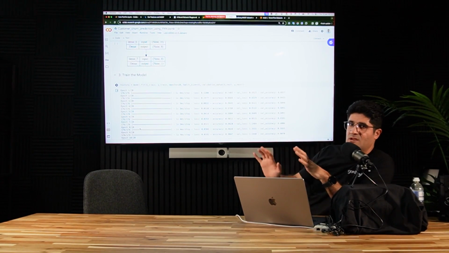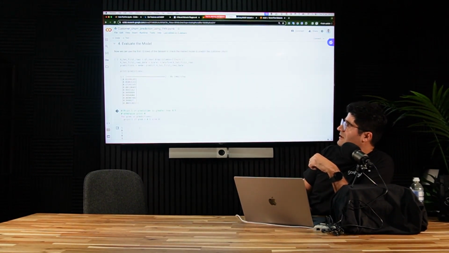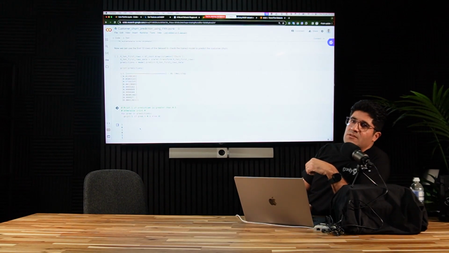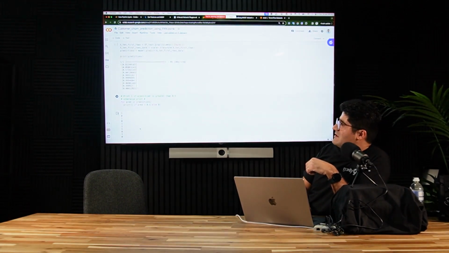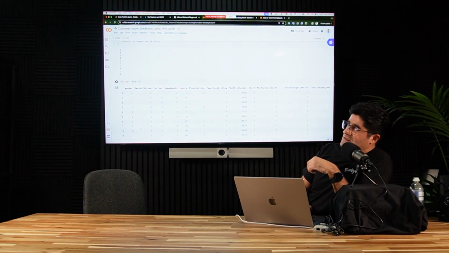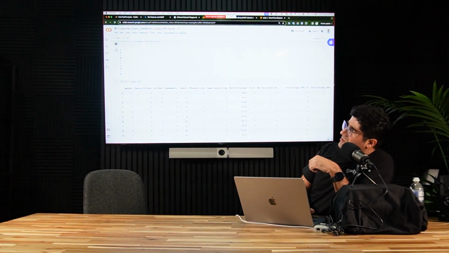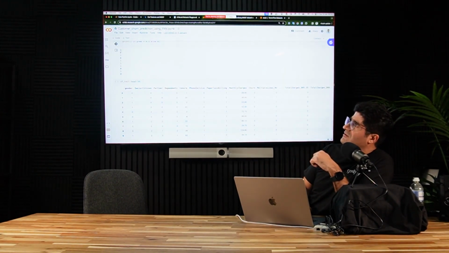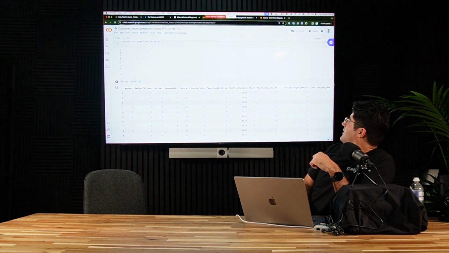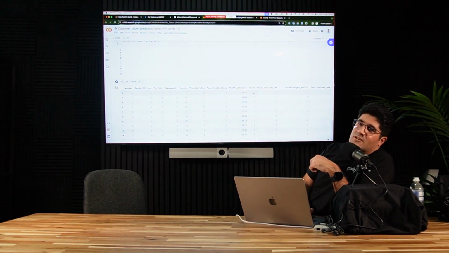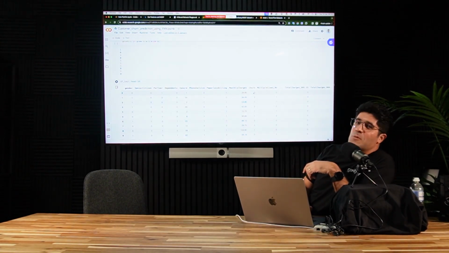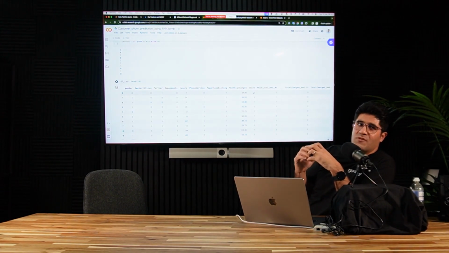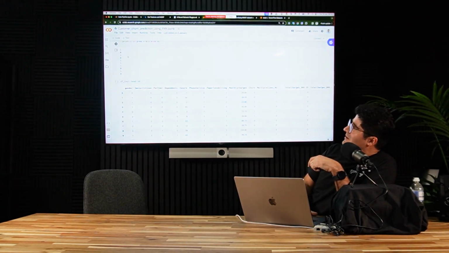Then we train the model. We pass the data multiple times, we train the model, and then we can run the prediction using the model. This is the output for the test data. For example, for the first customer, the trained model said it will churn. The value is 1. But in the real world it is 0, not churn. So it shows the model doesn't perform very well, for example. But we can look at the rest as well.